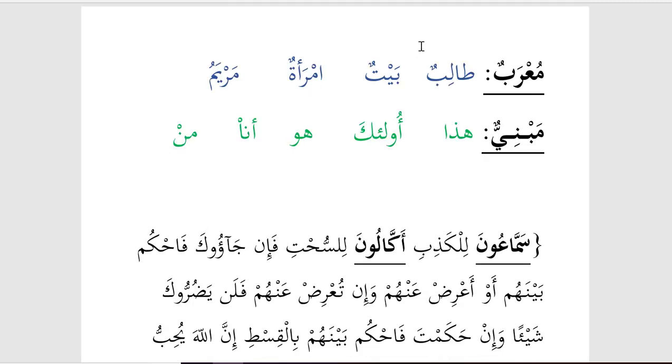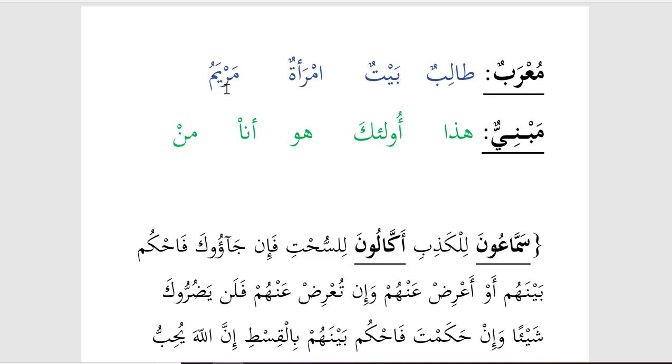So we'll just recap some of the information that we've taken so far. We've looked at the concept of mu'arab, and we said mu'arab is where the ending changes, like the word talib. It could be talibun, talibin, taliban. Baytun, baytan, baytin, imra'atun, imra'atan, imra'atin. Even for isms that are mamnu min as-sarf, like Maryamu, it won't take a kasra, but the fact that it can change from a dhamma to a fatha still makes it mu'arab.